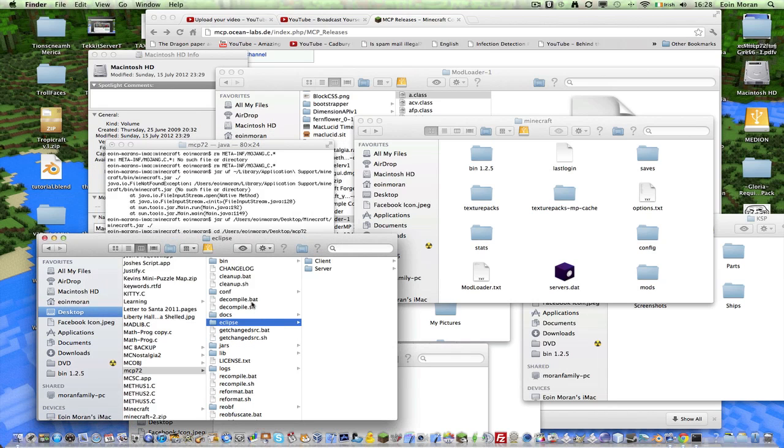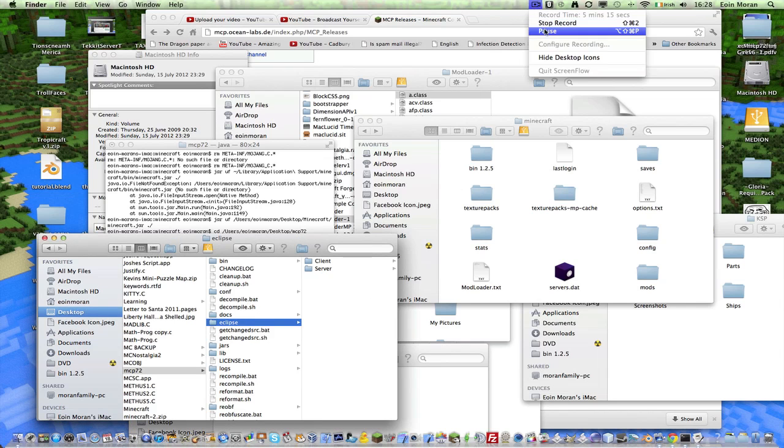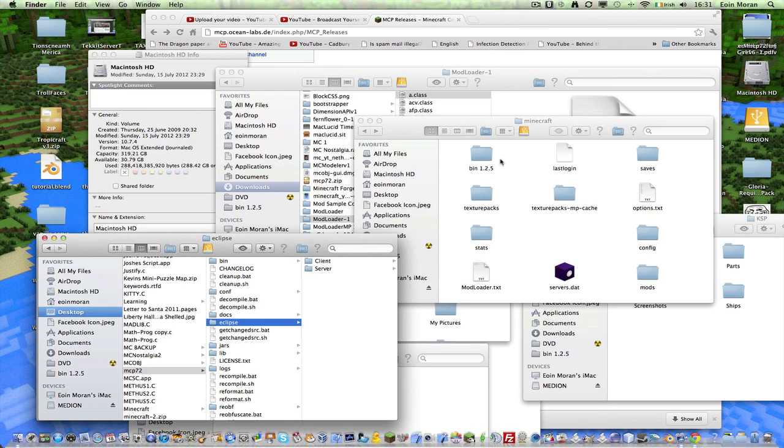If you use a Windows computer, just double click on decompile.bat. I'll pause the recording here and I'll come back to you in a few minutes. We are back and it is decompiled. It took 141 seconds to decompile. That's a lot of time. So yeah, then we can just close out the terminal or whatever it is that you use, and then